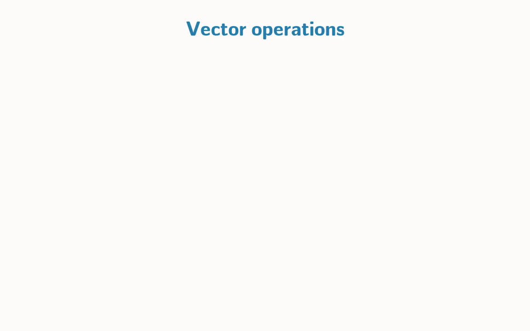The reason vectors are so important and so useful is that there are several operations we can do with them. So first, we can add two vectors to get a third vector. Geometrically, if u is a vector like this, and v is a vector like this, then to get their sum, what we do is we draw each of them. So we draw u, but then we draw v starting where the other one ended.